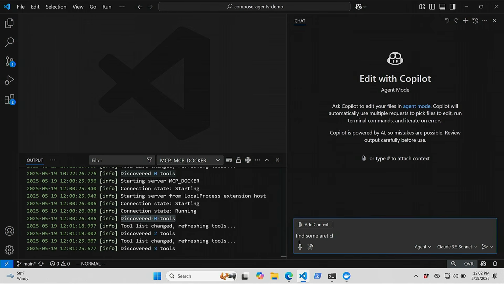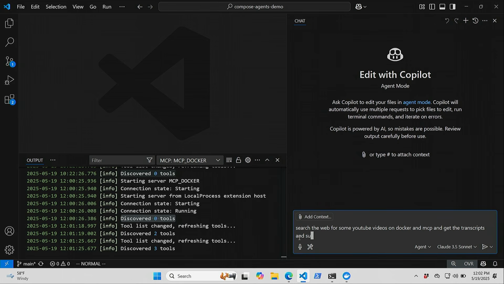Search the web for some articles on MCP and Docker, and get, oh, actually not search the web, for some YouTube videos on Docker and MCP, and get the transcripts and summarize.